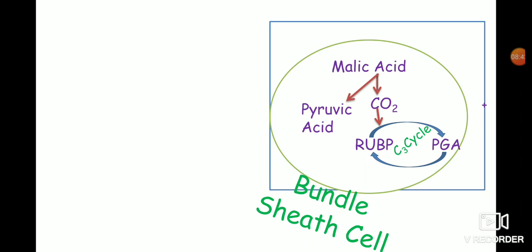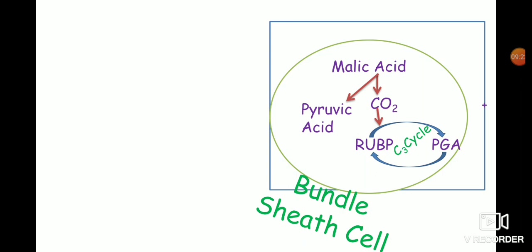Carbon dioxide is available in higher concentration to Rubisco due to its production by decarboxylation of malic acid in the bundle sheath cells, and the oxygen level is kept low or nil due to the peculiar structure of the chloroplast. In bundle sheath cells, the chloroplasts are either agranal or have rudimentary grana, due to which photosystem 2 is absent. Thereby, no photolysis of water takes place and there is no evolution of oxygen in the chloroplast of the bundle sheath cell.